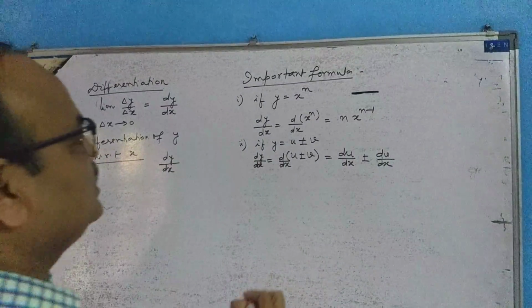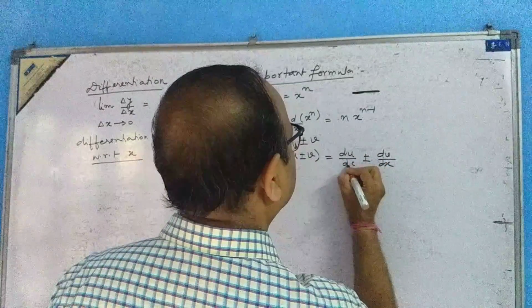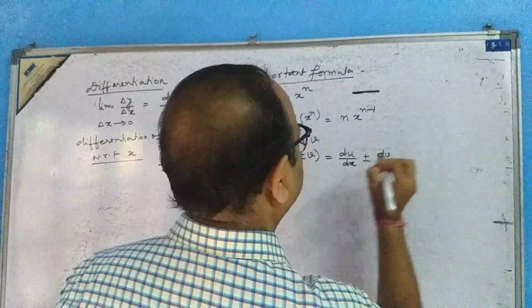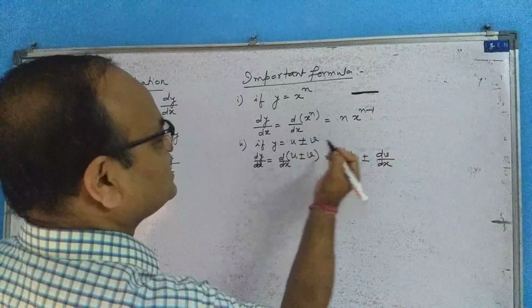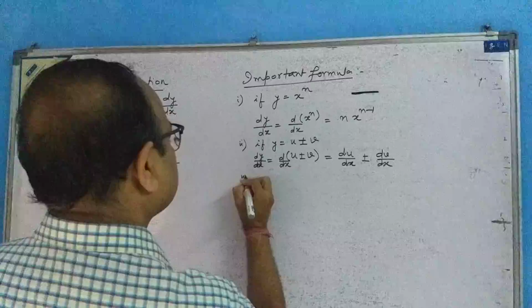Look, du by dx, and plus dv by dx. For this plus, here plus, for this minus, here minus. Number 3,